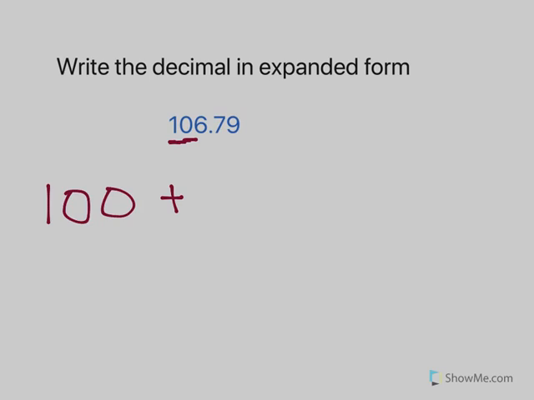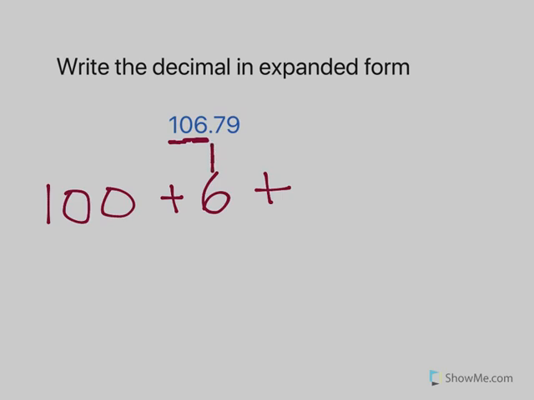So there's literally 0 tens. Since there's 0, I don't put anything. I go on to the next digit, which is a 6. And it's in the ones place. So there's 6 ones, which is just 6. Plus,